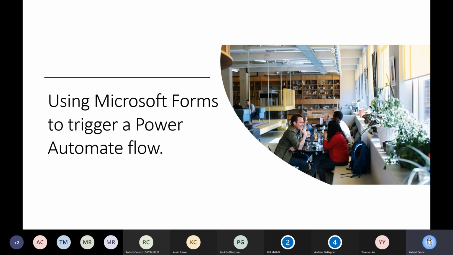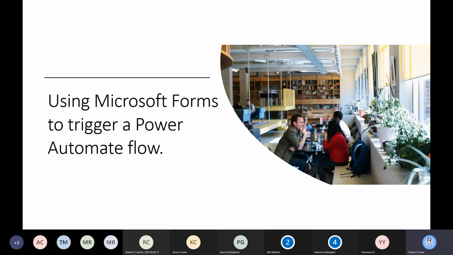So at the end of the day, what we want to do as our next option is a bit of a deep dive into one specific area of the Power Platform, to help you understand the benefits and how easy it is to set up and use. What we've chosen for this month is to look at the capability of using Power Automate triggered by a Microsoft Form.